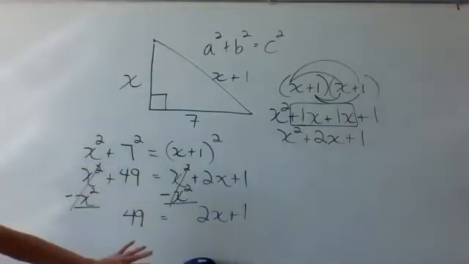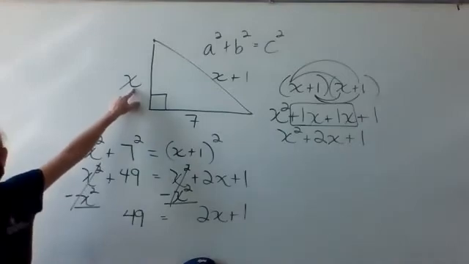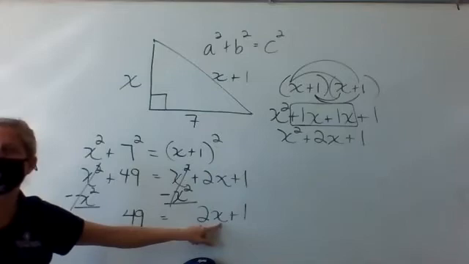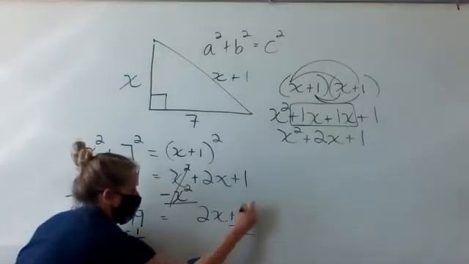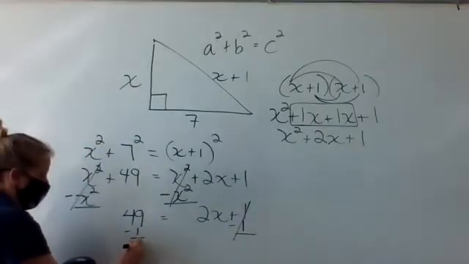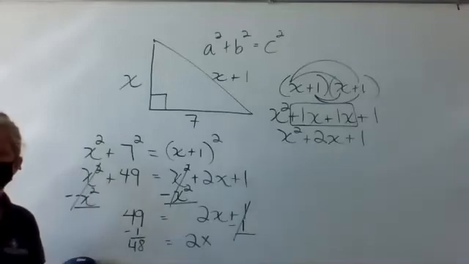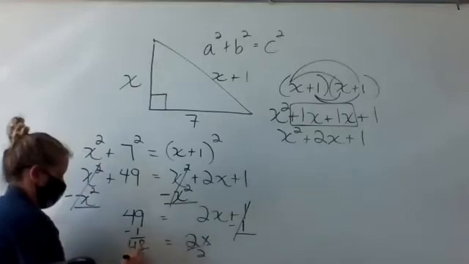So now this is not a quad problem anymore, right? My squareds went away. So now, remember, all I need to do is figure out what x is. There's my x. I just need to isolate it, get it by itself. So I need to subtract 1. So 48 equals 2x and divide by 2. So your x equals